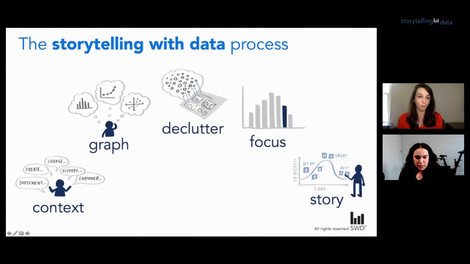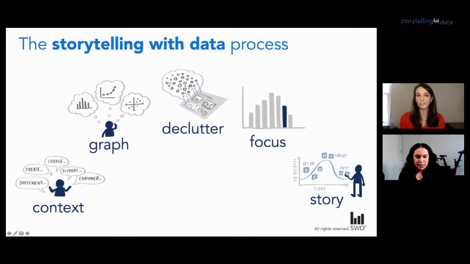There's the graph that we use. And I'm using graph here, but it really could be a choice of visuals. So perhaps it's just text or images. And then it's not just the graph, but it's how we design the graph. So it's the amount of clutter that our tools, unfortunately, just put there for us. And we don't always think about why is this there?